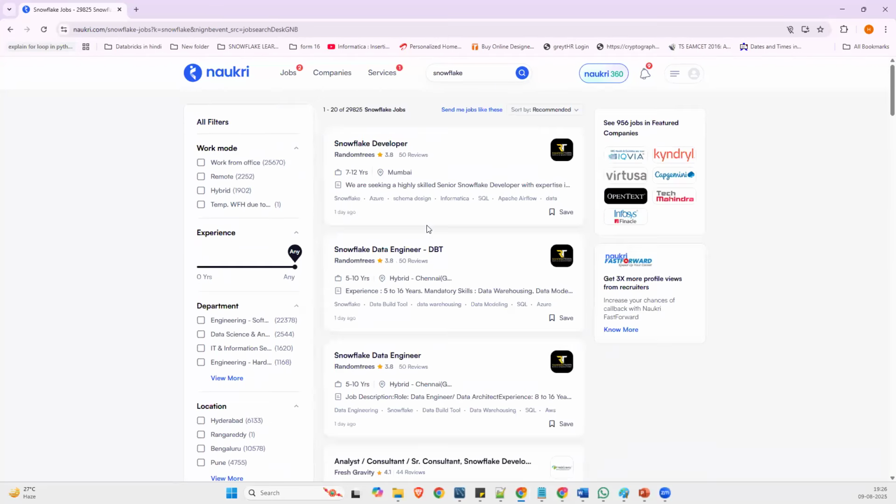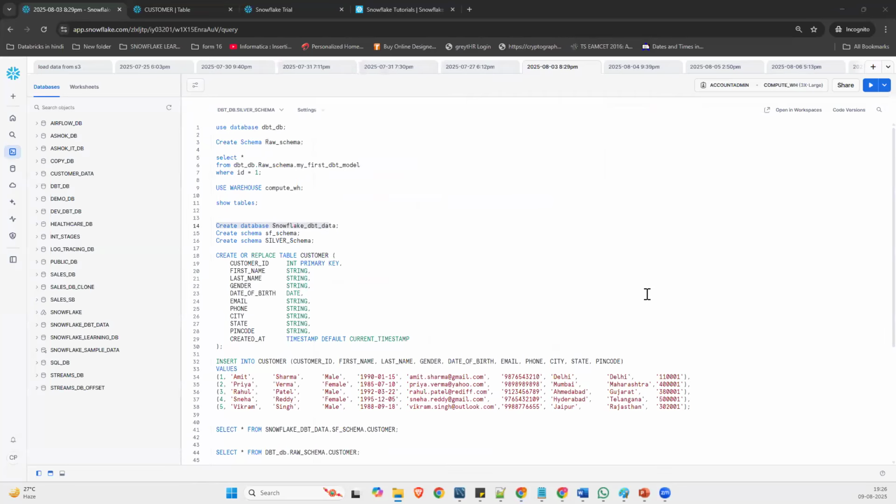So now it is in very high demand, and everyone is just rushing to Snowflake because in the coming 5 to 10 years, there would be a peak of Snowflake. Why? Because there is no competitor as of now for Snowflake. Databricks is coming into the picture because of coding and all. People don't want to learn Databricks because they need PySpark knowledge on top of that. But in Snowflake, it is very easy to handle.